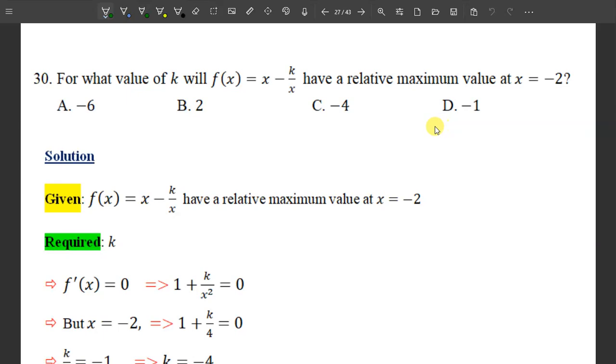I told you before, relative maximum or relative minimum can be found at the critical number, and therefore what we have to do is differentiate this function